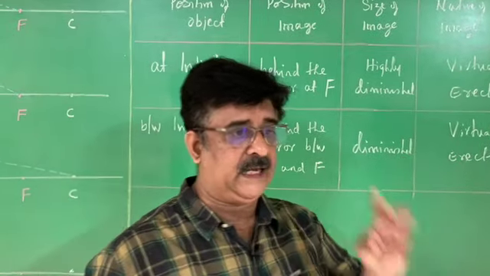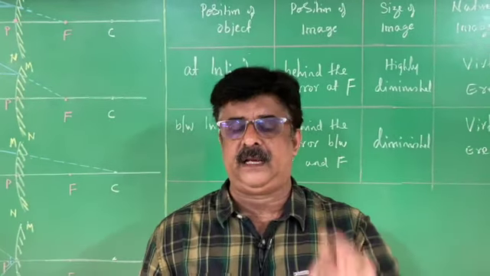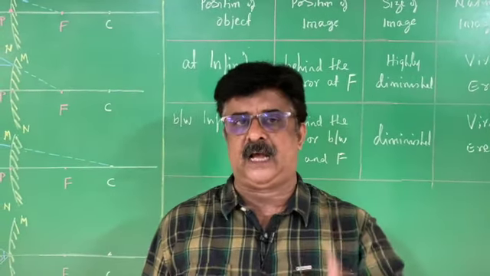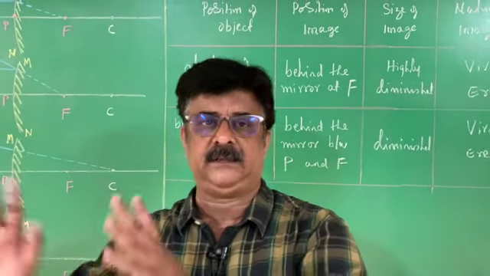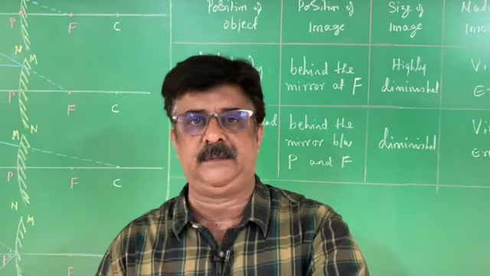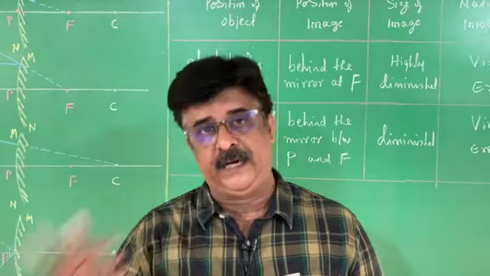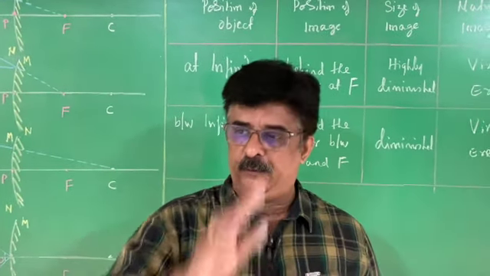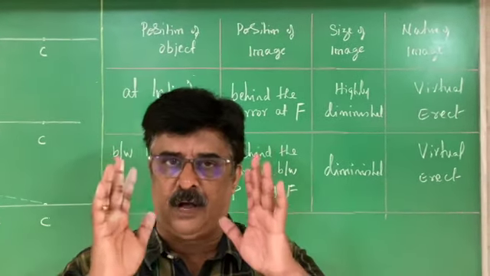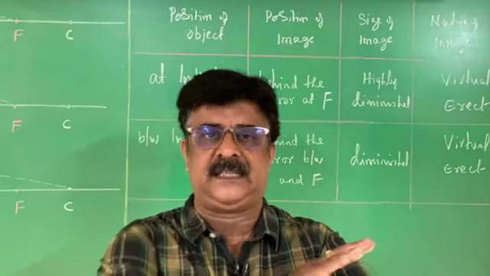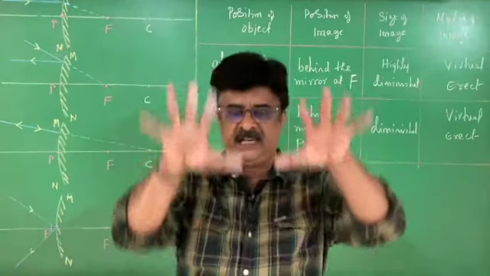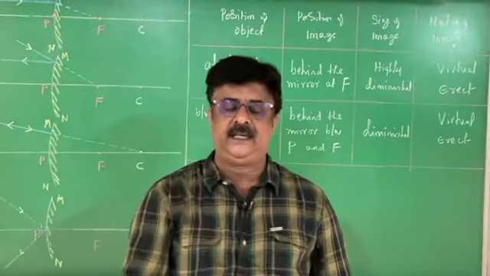Therefore, in the public examination, they can ask three questions. Name a spherical mirror in which always we get a diminished image. Answer is convex mirror. Name a spherical mirror in which always we get a virtual image. Answer is convex mirror. Name a spherical mirror in which always we get erect images. Answer is convex mirror. But in the case of a concave mirror, we get real image as well as virtual image. We get diminished image as well as enlarged image or the same size. But in the case of a convex mirror, it is clear, it is confirmed, no doubt at all. Convex mirror is a mirror that always produces a diminished image, virtual image, erect image.